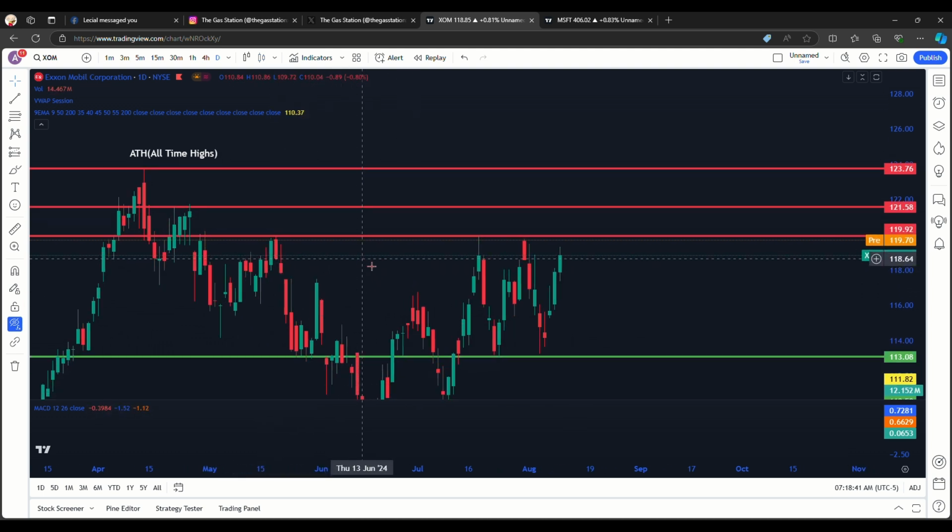The third and the most difficult resistance that we have not been able to get past just yet is 119.92. This has been a pain. We've hit it not once, not twice, but 3 times basically. The third time we fell a little short, but we've hit it and it just got rejected. So we're hoping that we can break this by this week for bulls,